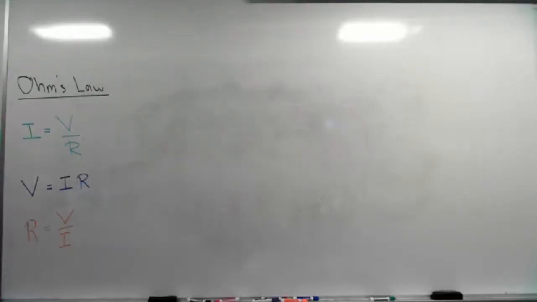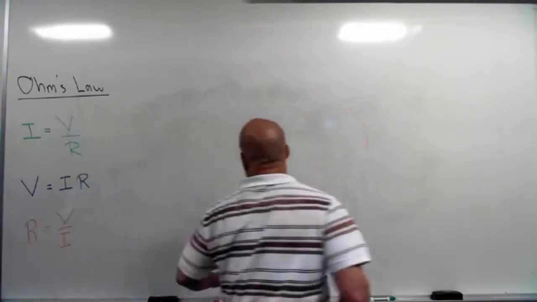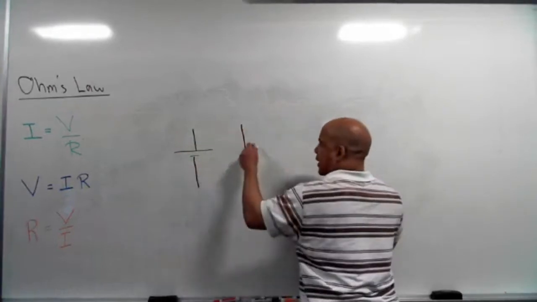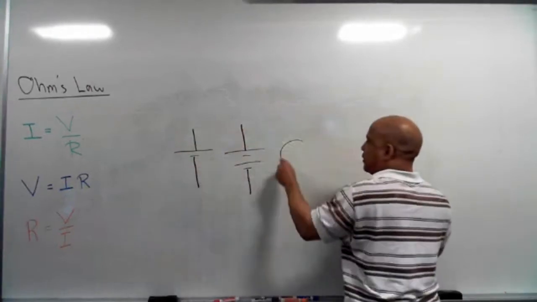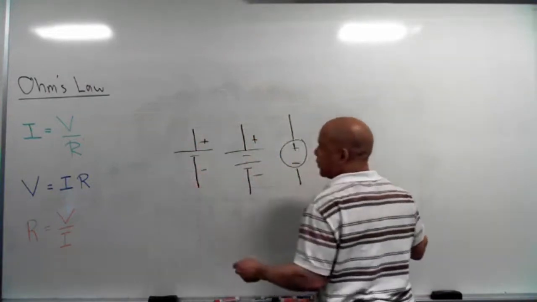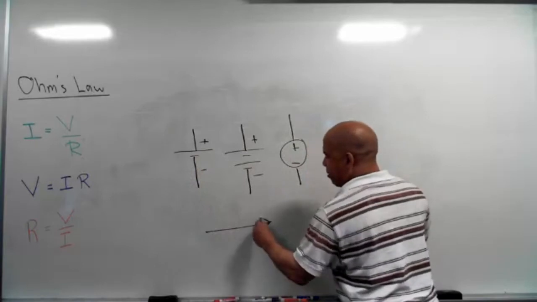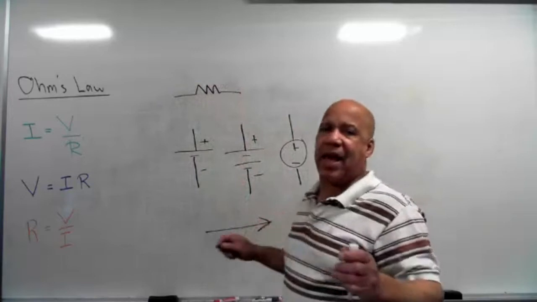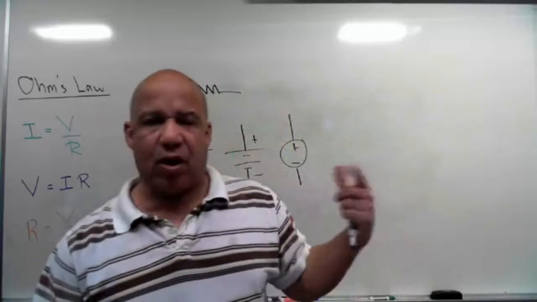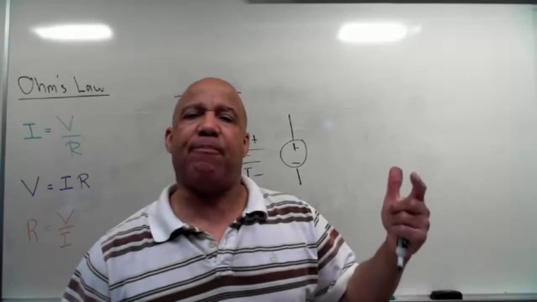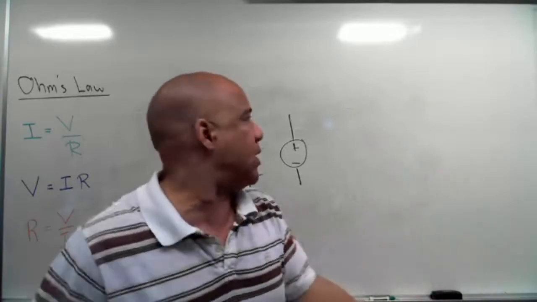So we're going to try to draw, and actually you have symbols, right, for voltage. We can use this, we can use this, we can use this, for voltage. We can use the arrow for current. For resistance, we use this. But what if you have a device and you don't know what the graphic symbol is for it? If it's something that they mentioned in the problem and you don't know what it is, what you can do